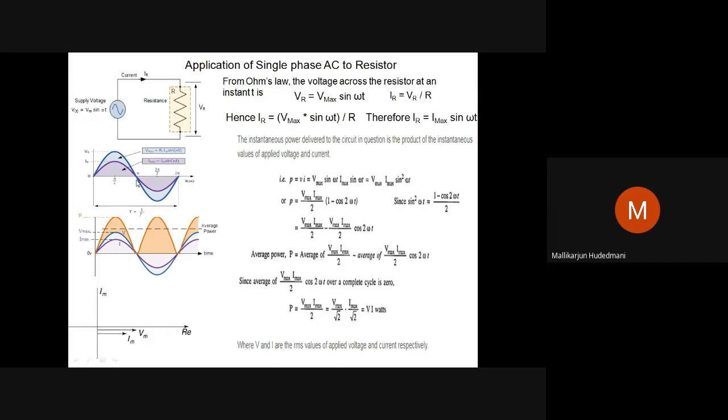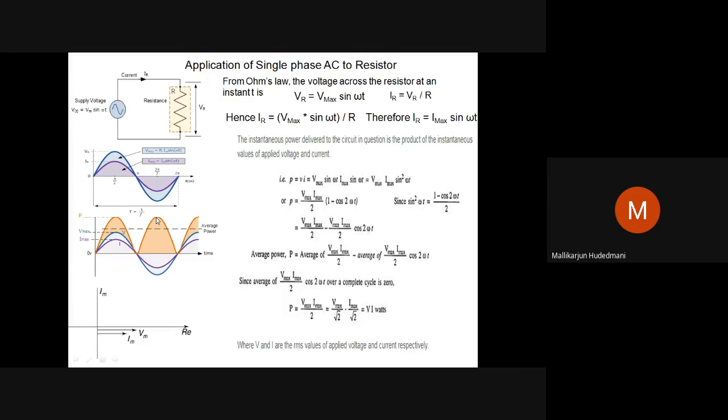Second, in the pi to 2 pi region, both the waves are moving in the negative phase. So both are in the negative plane. Then V is also with the minus sign, I is also with the minus sign. Minus and minus become plus. Therefore, when both the quantities are moving in the negative half, the product is positive. Similar kind of dotted instantaneous values of power I am able to project here. At this corner 0, at this corner 0, and at the middle, the peak value: minus V and minus I become plus P.